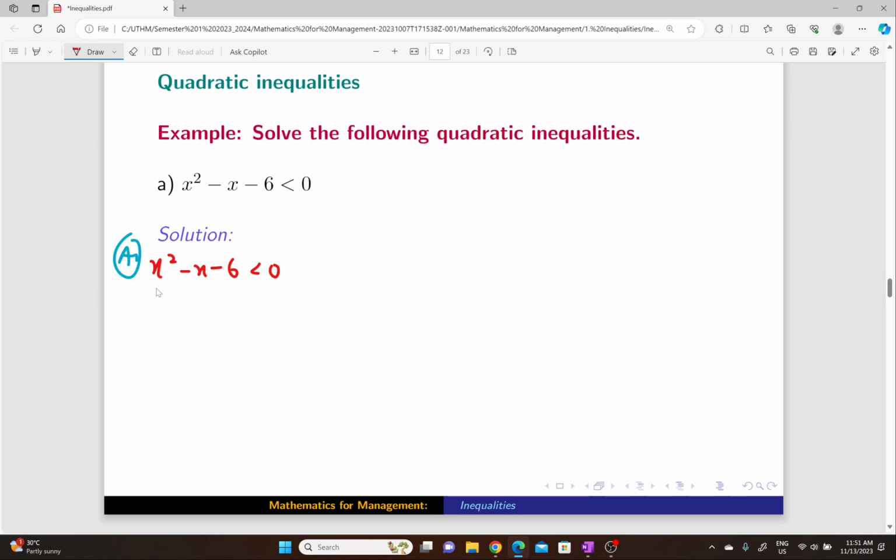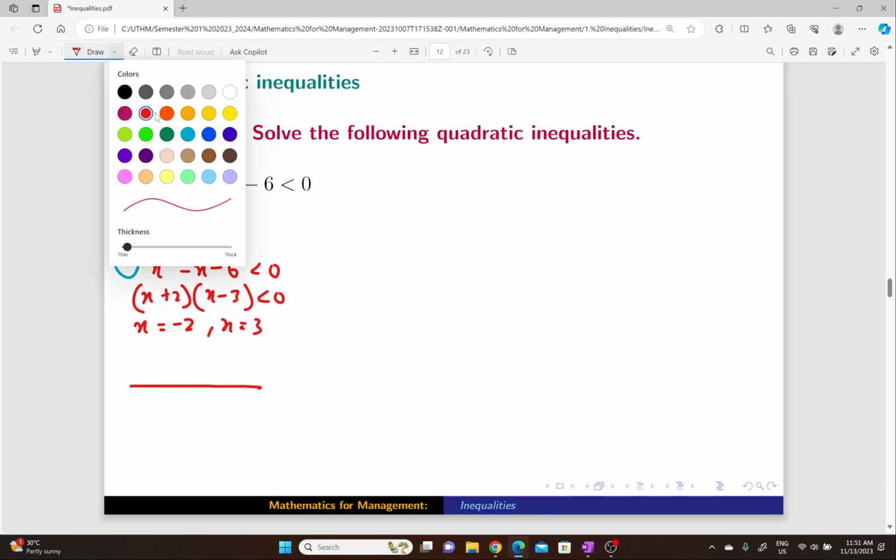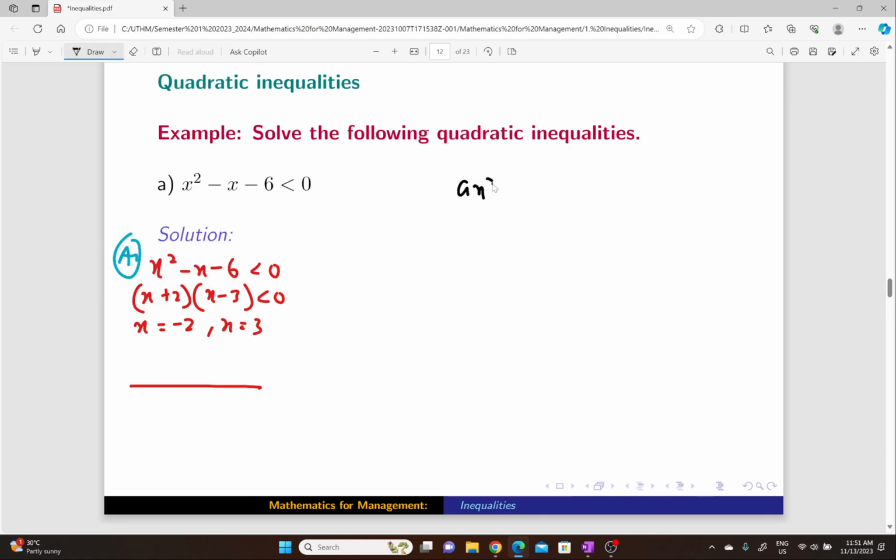If you find the root for this one, or you want to factorize, you can use your calculator, you can factorize, up to you. So the root for this one is -2 and 3. Okay, so if I want to draw this quadratic equation, remember, just to recall all these things, it's ax